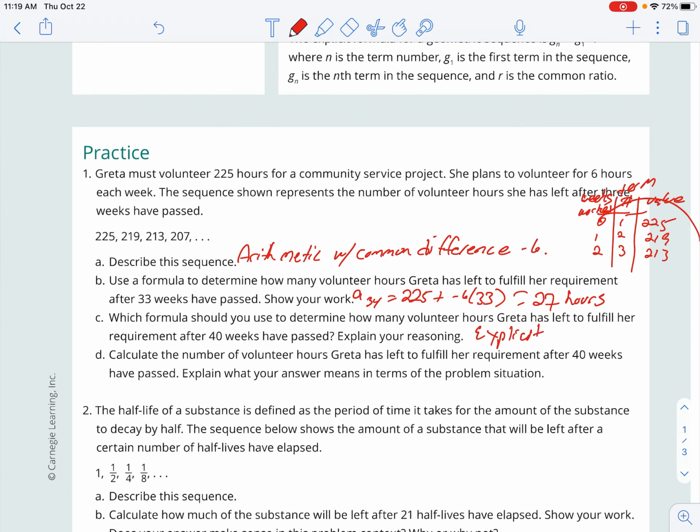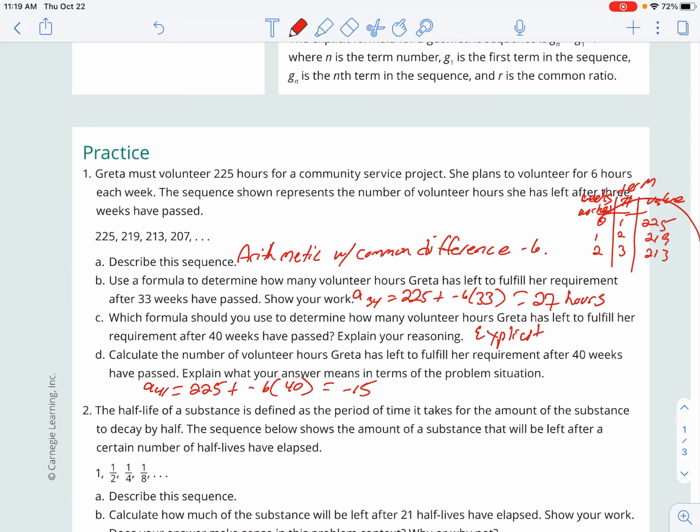So then let's actually calculate on part D what's left after that. For 40 weeks, what we're looking at is the 41st term. So 225, again, we're starting off at the initial, plus -6 is my common difference, times the number of weeks. When I multiply that out and add it to 225, what I end up getting is a negative number. You didn't do anything wrong, but what that tells me is